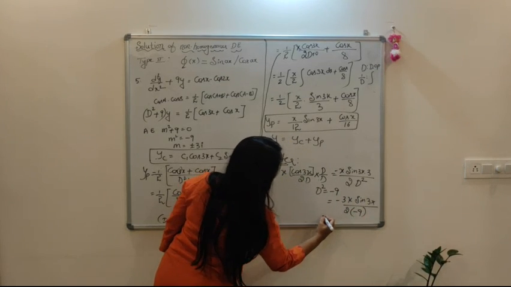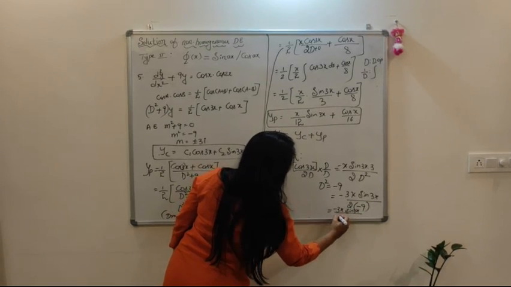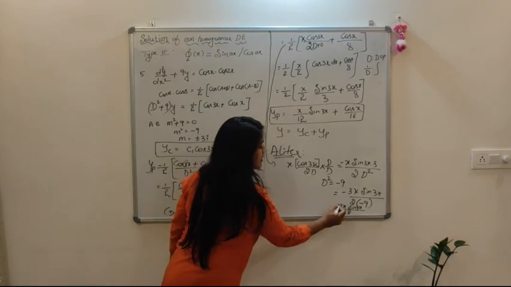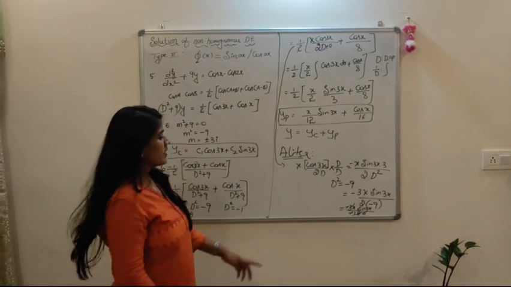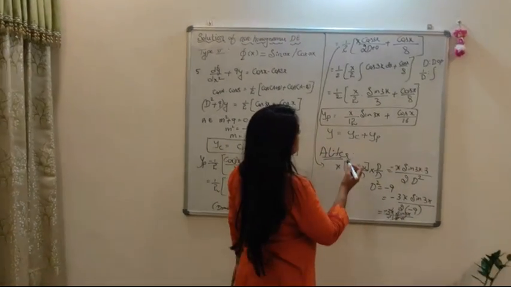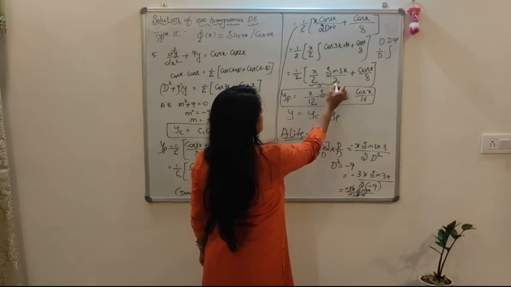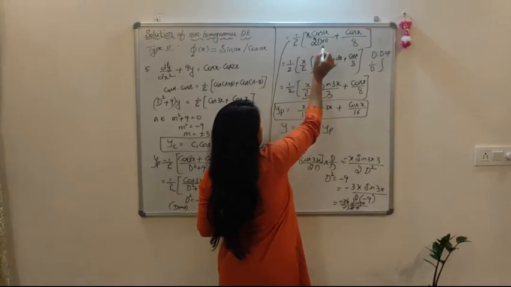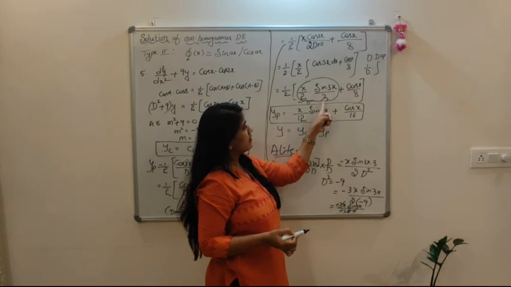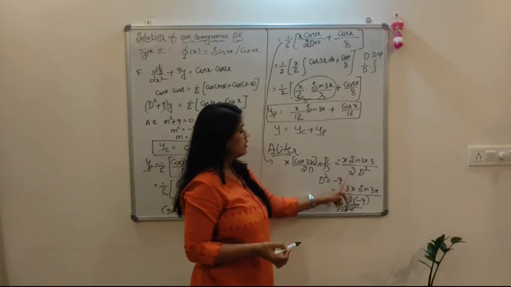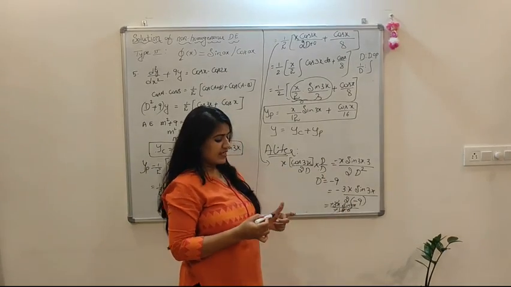So 9 2s are 18. Minus 3x sin 3x divided by minus 18. Now the negatives get cancelled. 3 1s are 3, 6s are 18. So now compare x sin 3x by 6. Here, how much are we having? x sin 3x divided by 3 2s are 6. I considered only this part, 1 by 2 is not included. You can observe that we got the same answer by multiplying and dividing by D also. We got x sin 3x by 6. Okay, yes. Thank you.